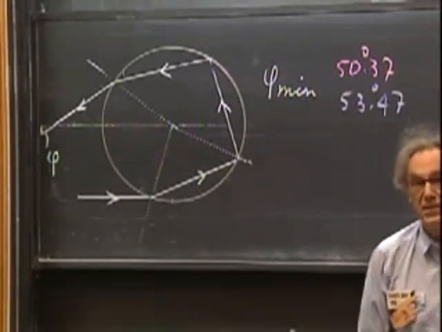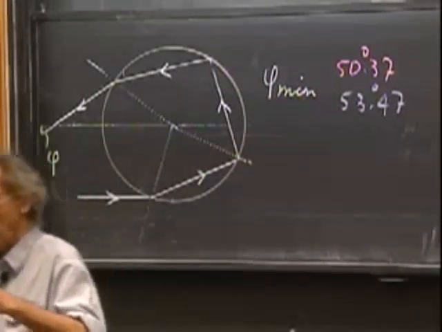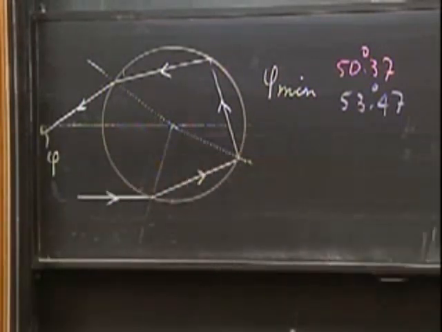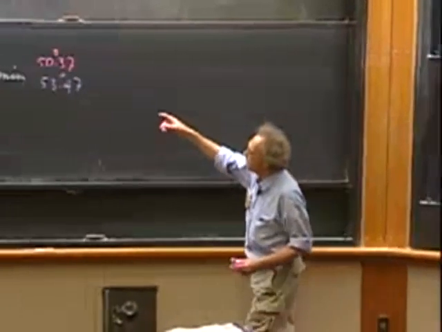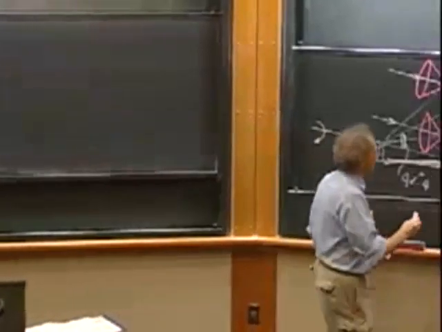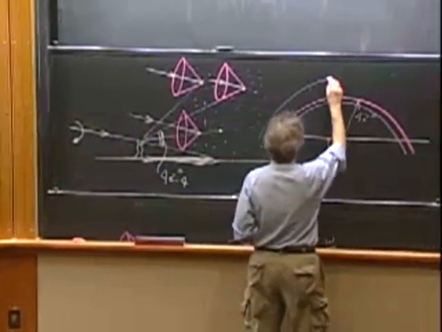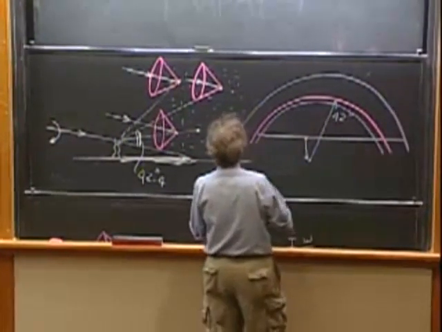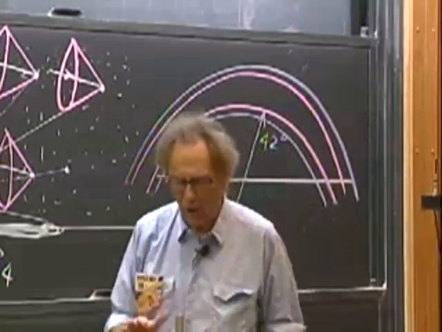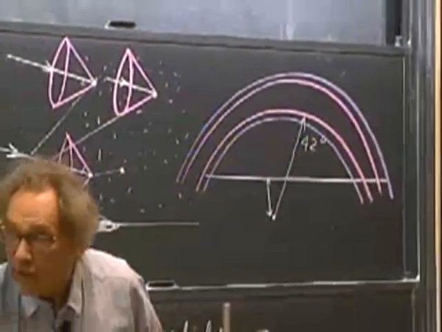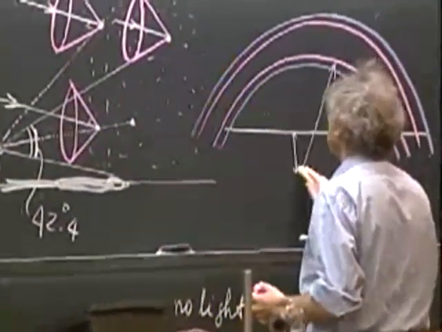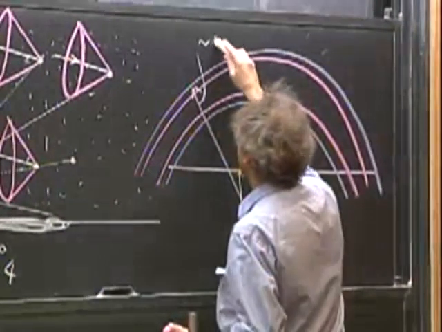So this means that the secondary bow is higher in the sky than the primary, because look, the radii are larger. But it also means that the colors are reversed. The red is inside the violet bow. So if I make an attempt, this would be the outside of the bow, and this would be the inside of the bow, and then very roughly, if I round it off a little bit, the radius is about 50. So this radius is about 52 degrees.